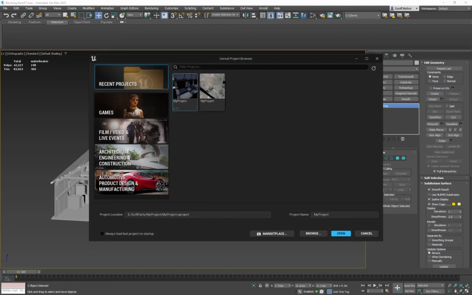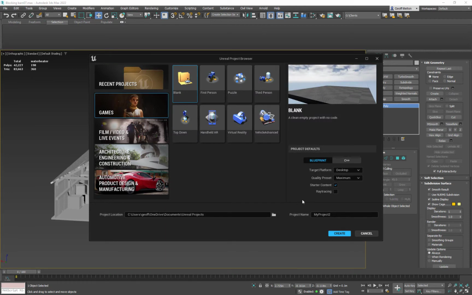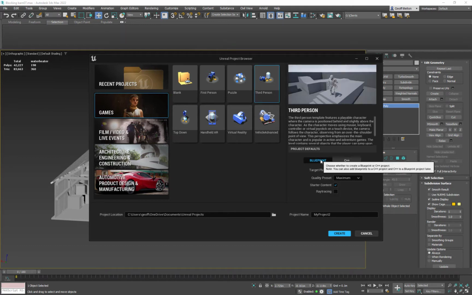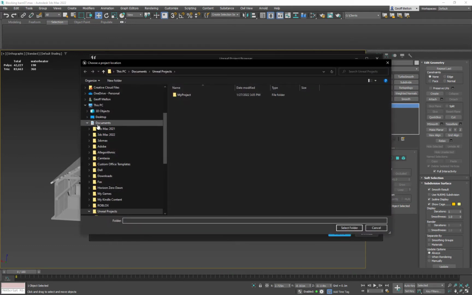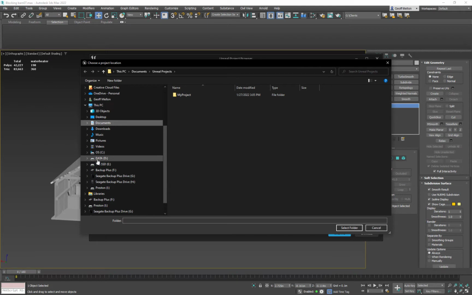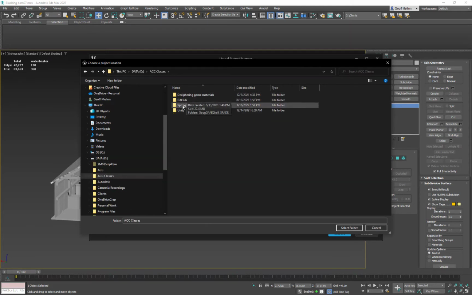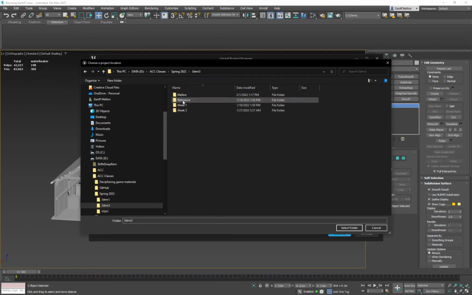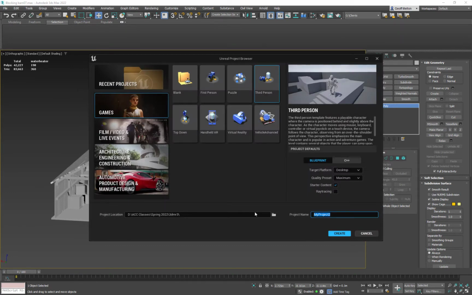And the first thing I want to do is I'm going to make a game. And then I want to have it be, I think it's the third person, yeah. And I'm gonna leave it to blueprint. That's the way we're gonna do our textures and stuff. I'm gonna change where this is, probably someplace a little bit friendlier for my hard drive. In fact, what I'll do is I'll put it in the D drive for the class, and we'll go to Spring, we'll go to 3DMR2, and we'll say select this folder, and then we're gonna call this project